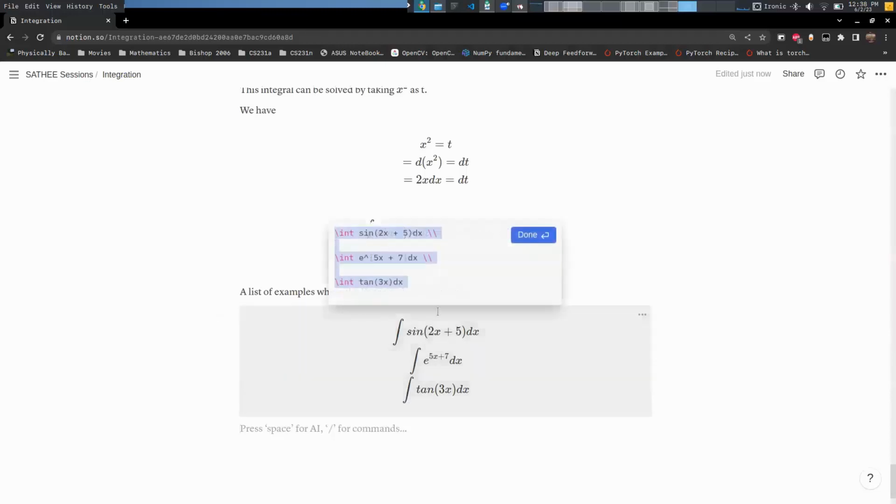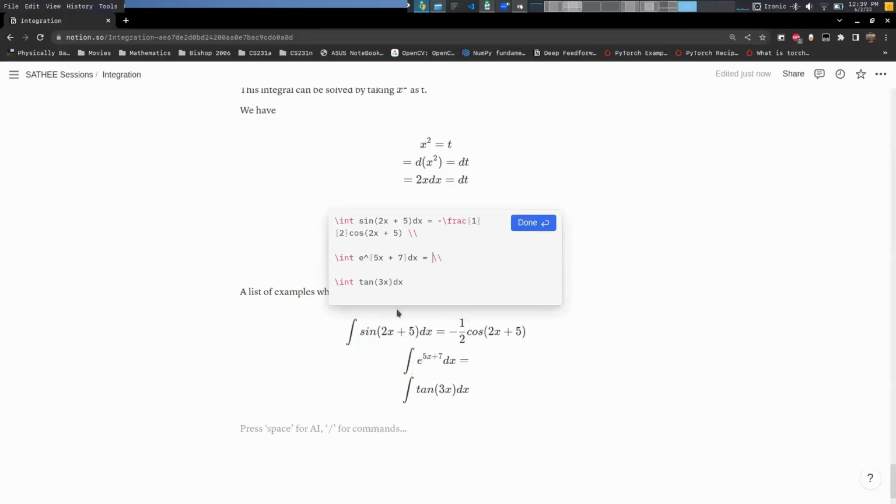Now we'll just solve these integrals very fast. Since 2x plus 5 is linear in x, we can simply keep it as t, as the integral of sine t dt, and we divide it by 2. Sine t dt is nothing but minus cos t. So minus cos t, where t is 2x plus 5, and since the coefficient of x is 2, we divide by 2. For the next example,